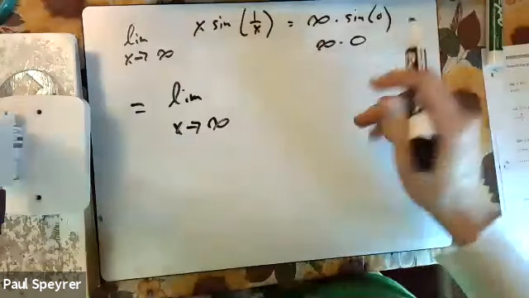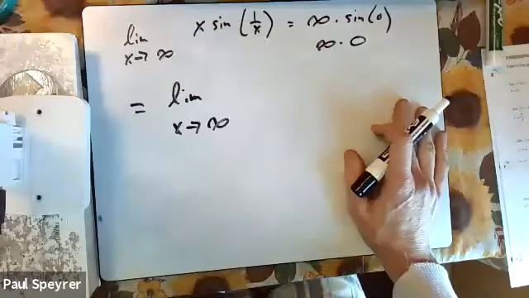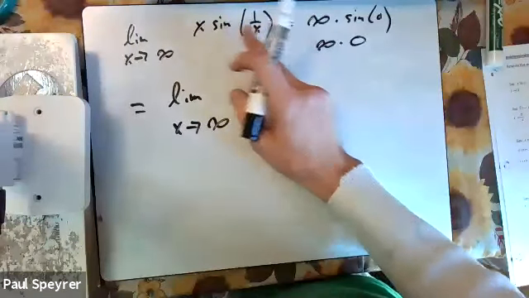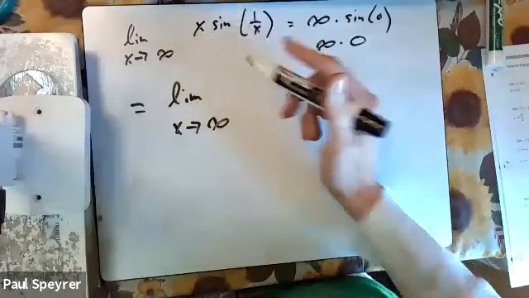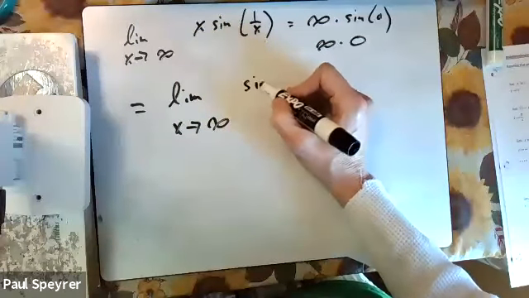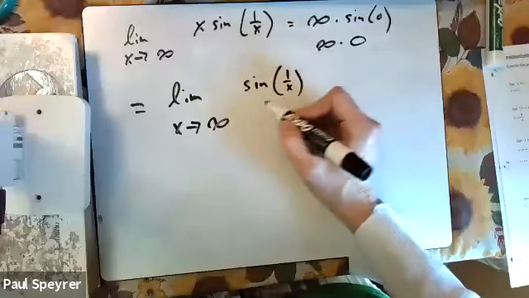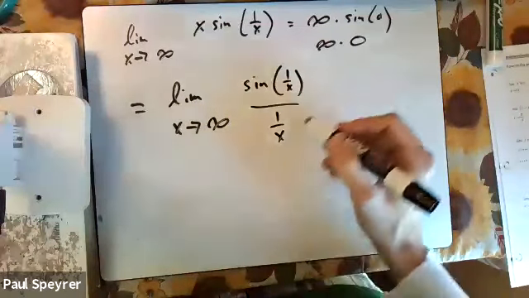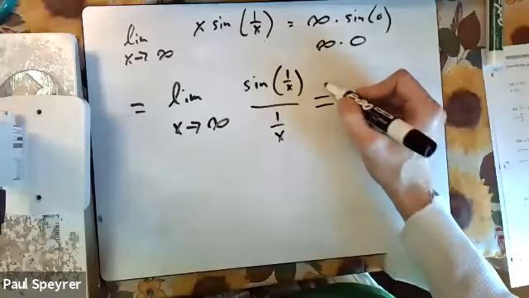Now, what thing's going to be easier to flip and take the derivative of: flipping the x or flipping the sine of 1 over x? Probably flipping the x, right? So we're going to say this is sine of 1 over x over 1 over x, just like this. Now, if we L'Hopital it,